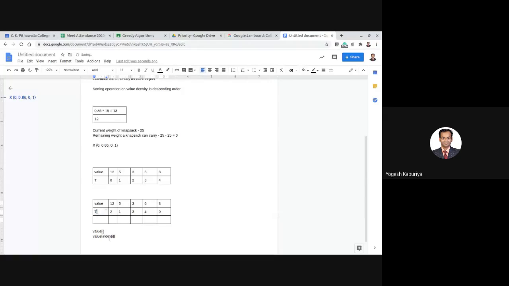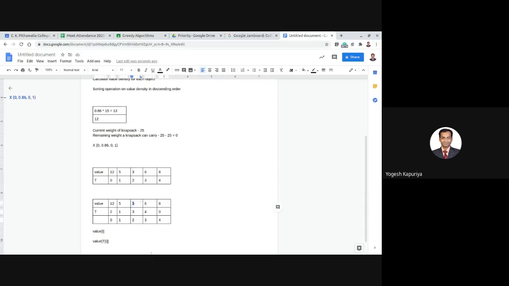So this is T. So instead of accessing the values like this, if I access values like this, then I will get the value in sorted order. Why? If you see that when your I is equal to 0, T of 0 means 2. So value of 2 means 3.